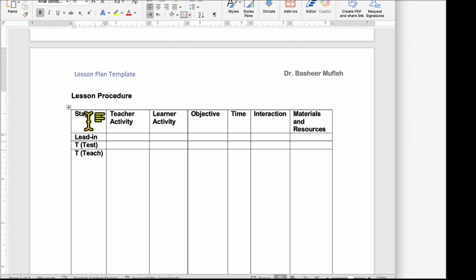So let's remember these things. We have the model, TTT, and then we have teacher activity. What is the teacher going to do? And then the learner activity, what learners are going to do. And this is the most important thing, because when you write down what you are going to do and what